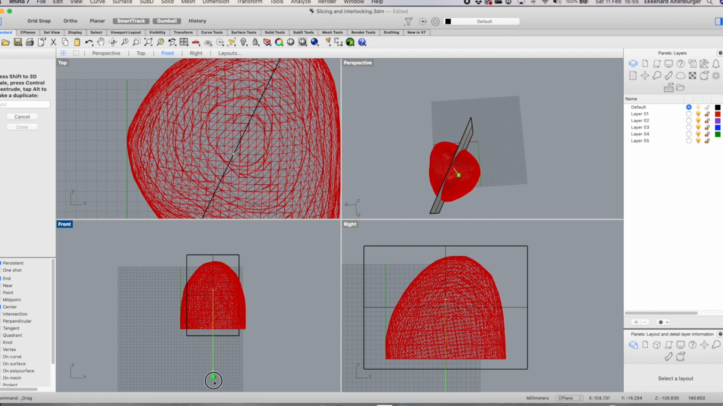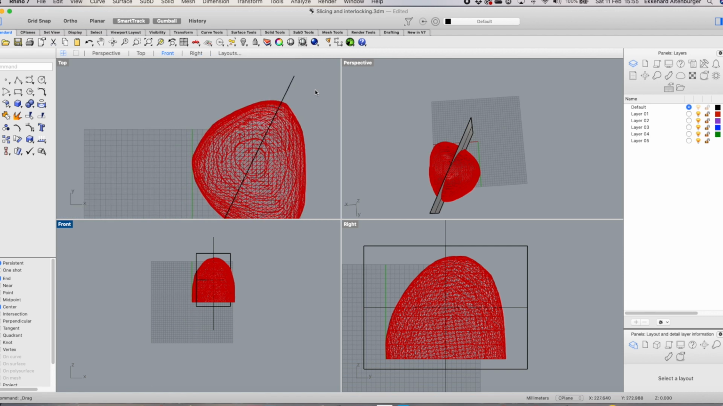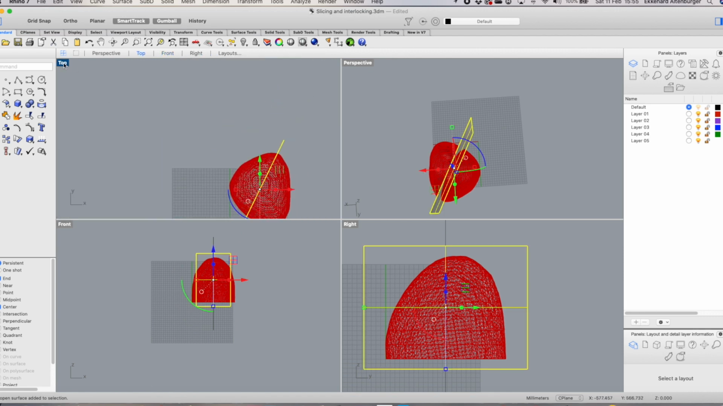Move this up, or scale it up a little bit by holding the shift key. So I'm just going to put a little axis in here as a reference point, and I'm working on the default layer. So what I want to do is move this to this center,